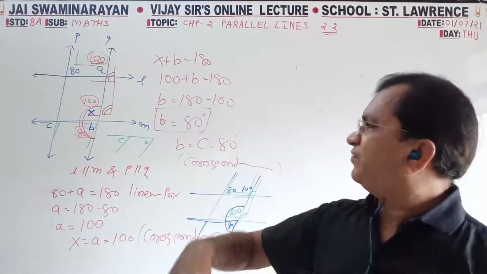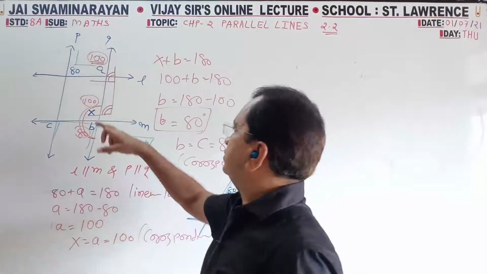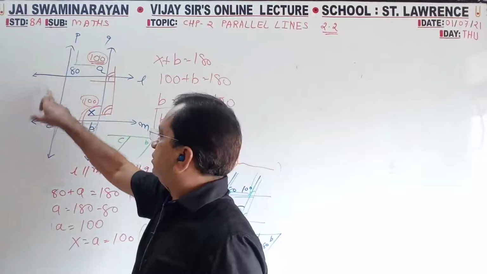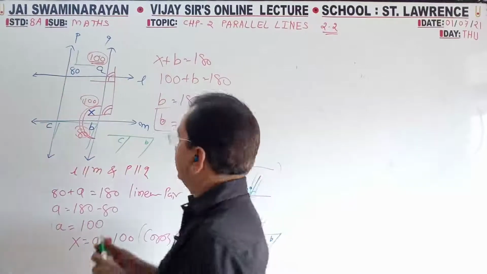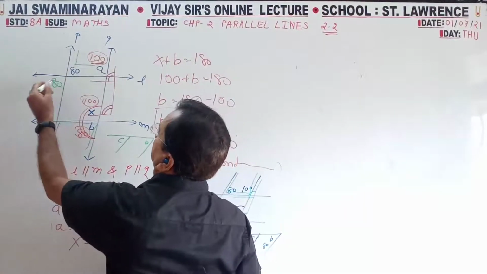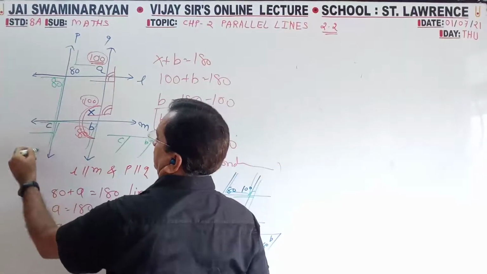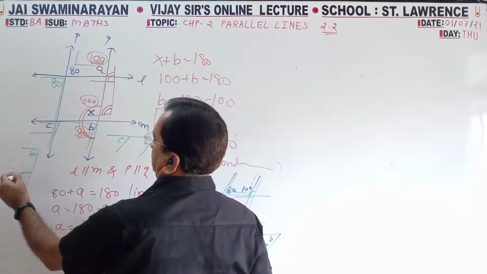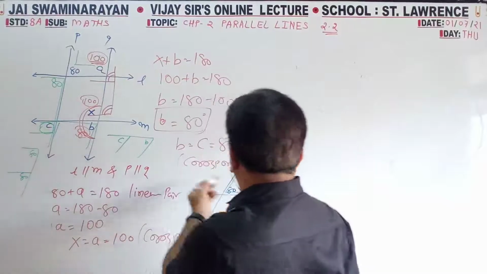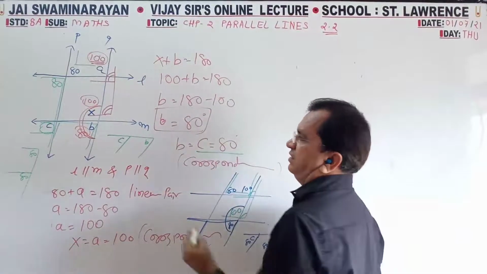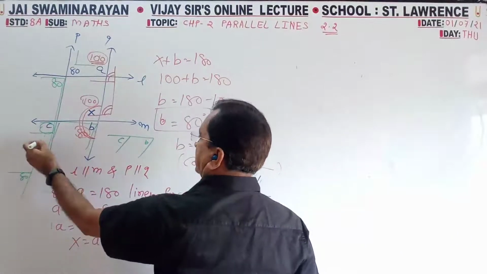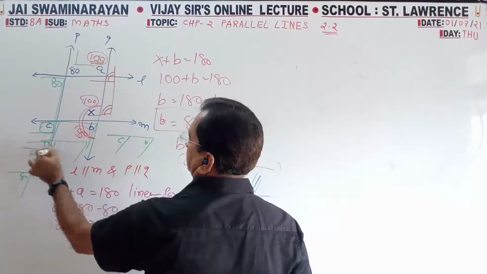From a different way also you can take. Suppose this is 80. So this is 80. So this is F. Again you can find. If this is 80, this is 80, and you can find F. So like that also C is 80. And from C is 80, B is also 80 because this is F.